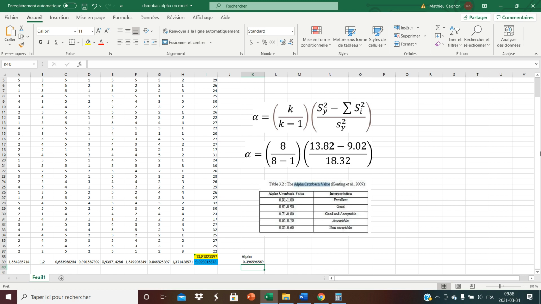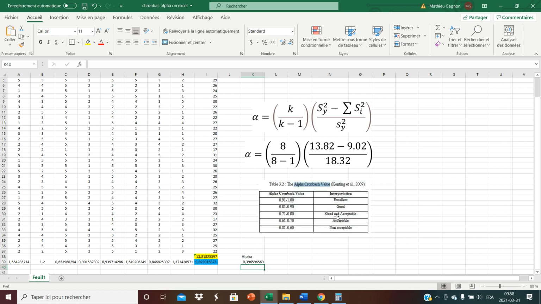Now, here is the interpretation guidelines for the Cronbach alpha. 0.40 is pretty bad. But again, this is my fake kind of data here, so maybe you'll get better. Un alpha de Cronbach qui est de 0.01 à 0.6 est non acceptable. 0.61 à 0.7, acceptable. 0.71 à 0.8,